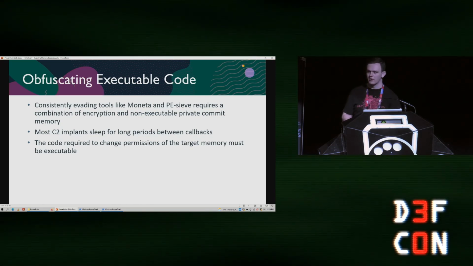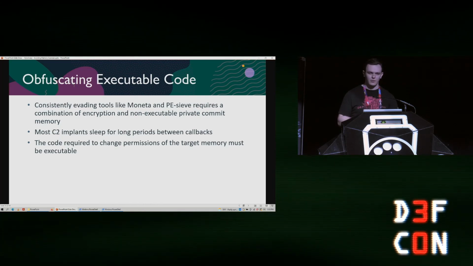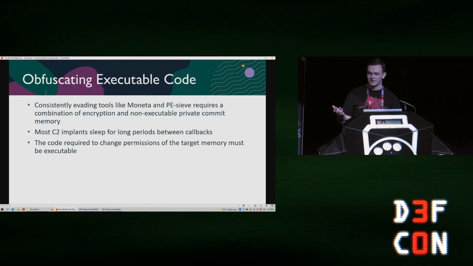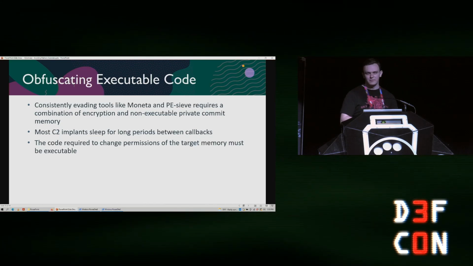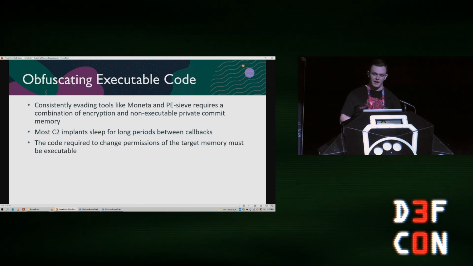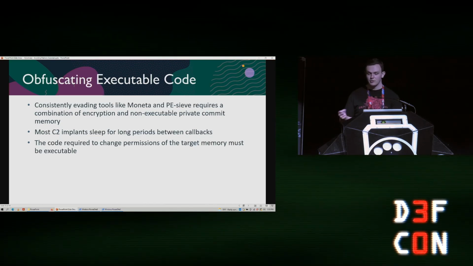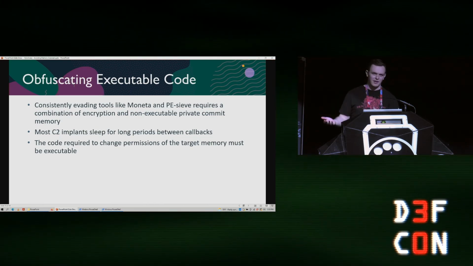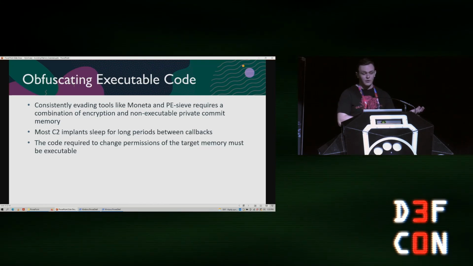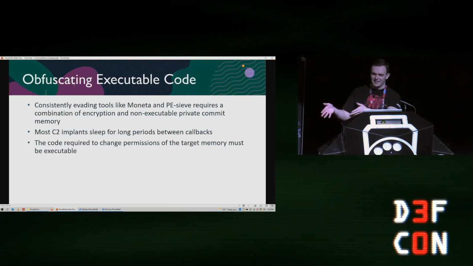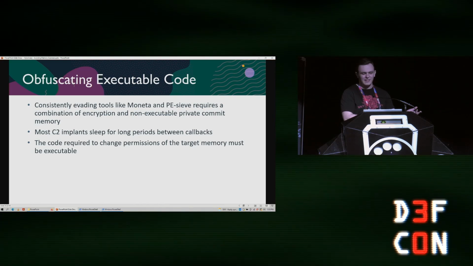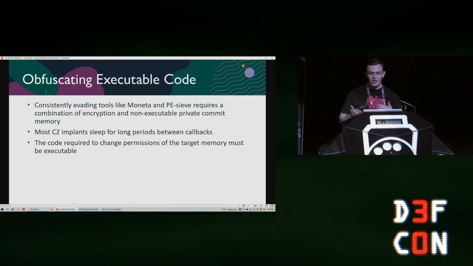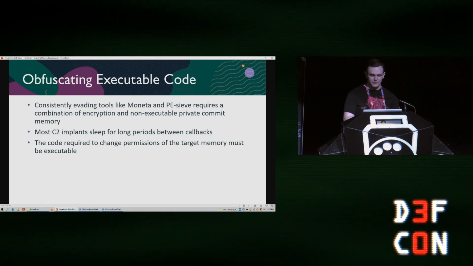I mentioned before, when I talked about SystemFunction032, that when we write our encryption code, we wouldn't want to implement our own encryption routine. And the reason for that is this. We want to evade tools like Moneta, and if we have an encryption routine that's sitting in executable private commit memory, that's going to get flagged. So our beacon might get ignored, but that will get caught anyway, and so there's not a huge change in the actual indicators on the host.